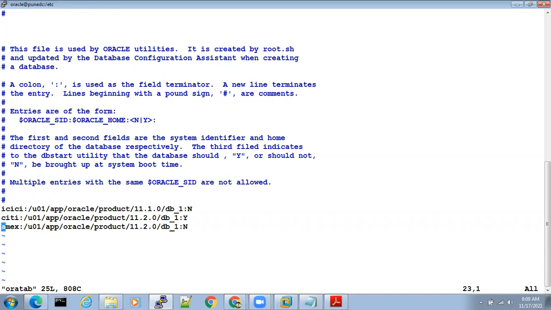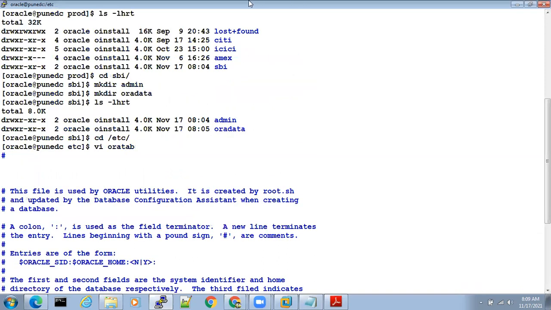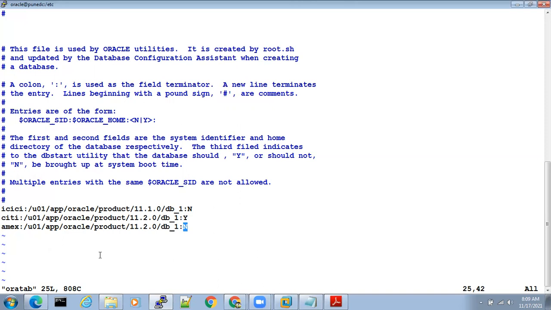So what you need to do is make this a down arrow. Now you have to type. How do you type? You have opened with vi file name. You have to go to insert mode, then only will you be able to type in this file. How to go to insert mode? Just click I. If you click I, it will be insert mode.